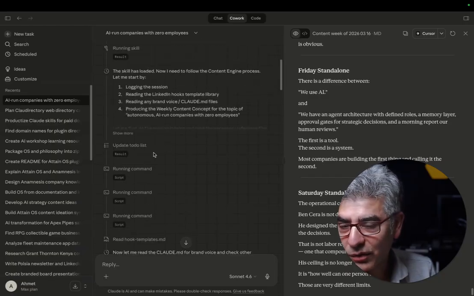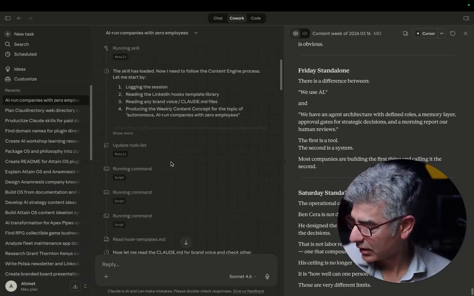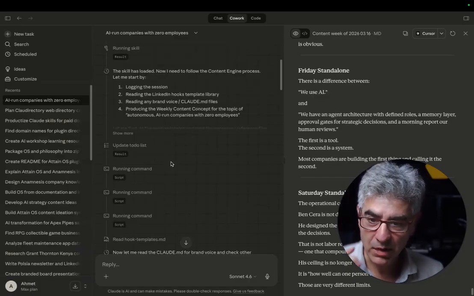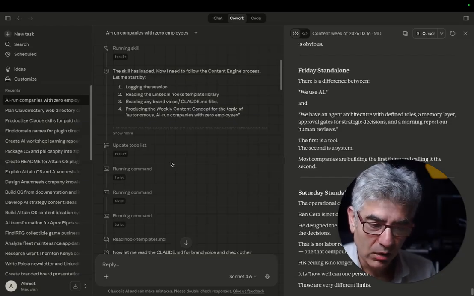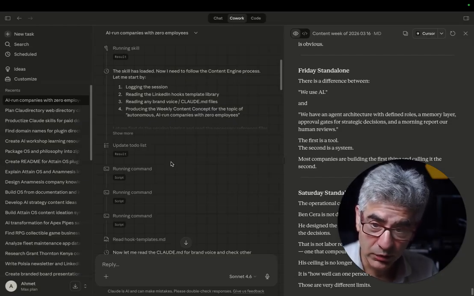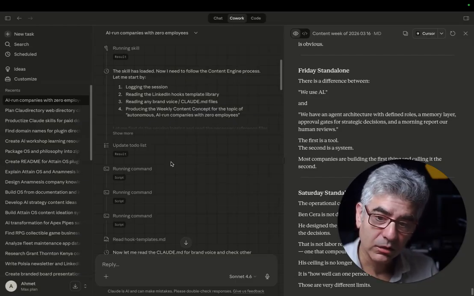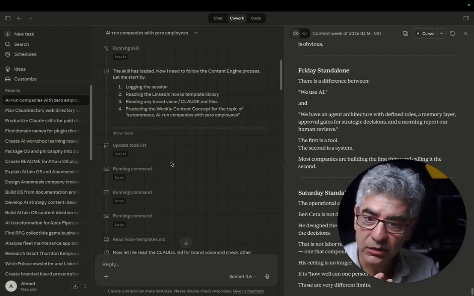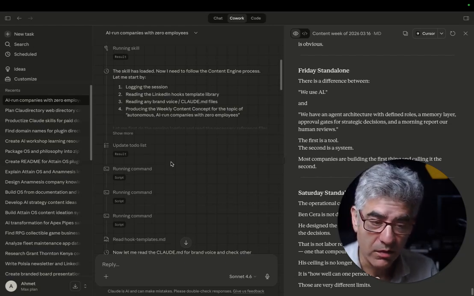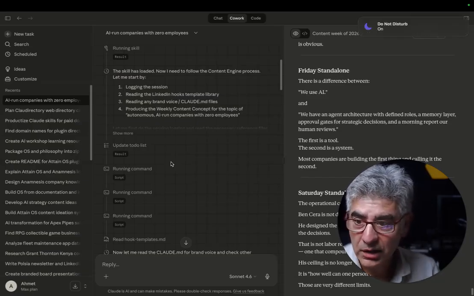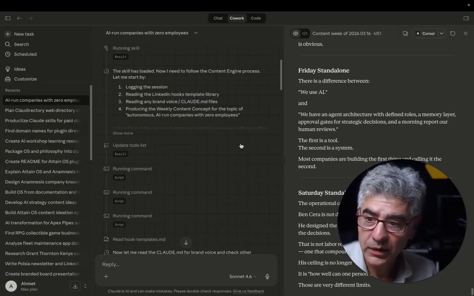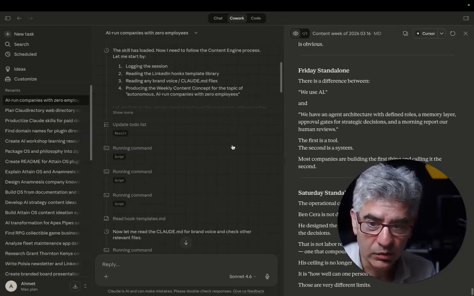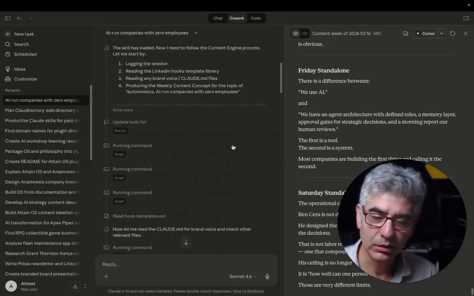All right, so first it logs into the session, and the reason my system logs into the session is because I'm also keeping track of all of the things that I'm building and all of the improvements, and all of that is logged, both so I can review it later, but also to build out an institutional memory, not just for myself, but for the agents themselves, so that they actually know what they've worked on in the past. So it's about building some persistent memory, which these tools just don't have, and they will compress all of this down to